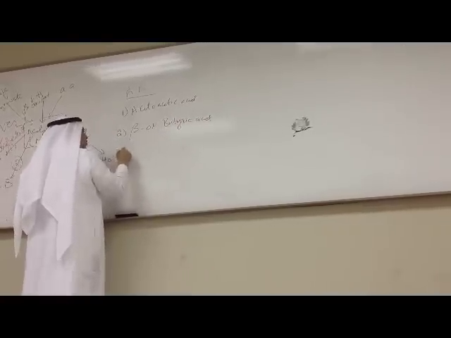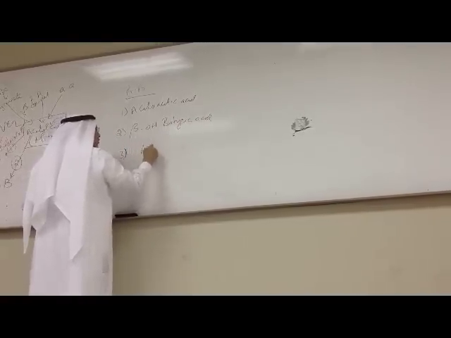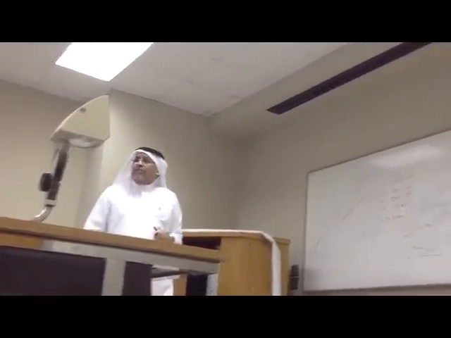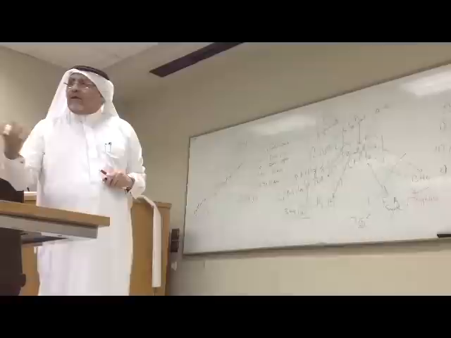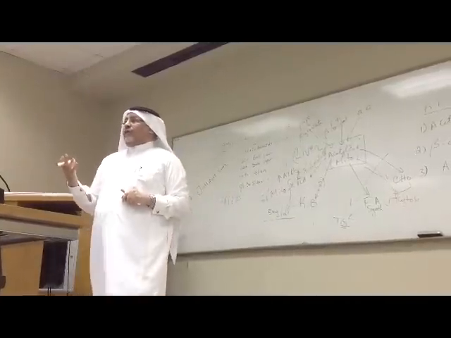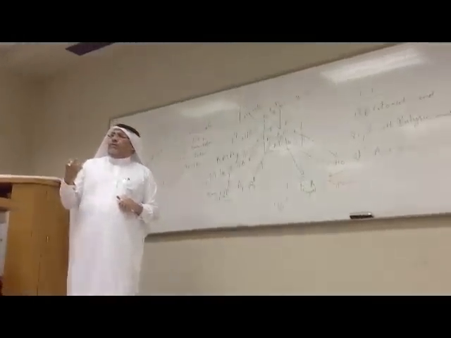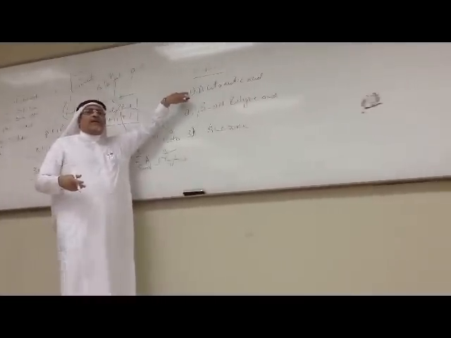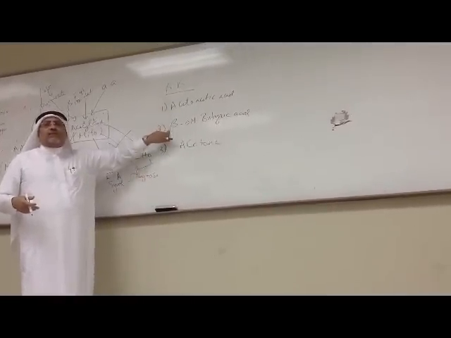The third one is called acetone. So what ketone bodies do we have? Three ketone bodies. We are talking about ketones. They are three compounds: acetoacetic, beta-hydroxybutyric,